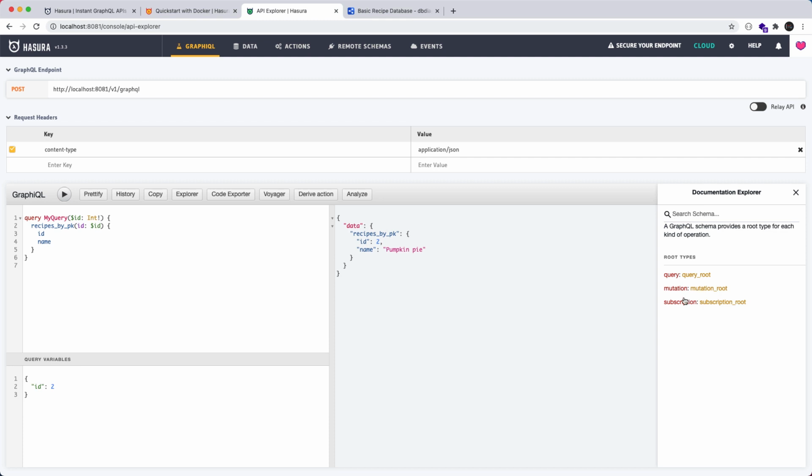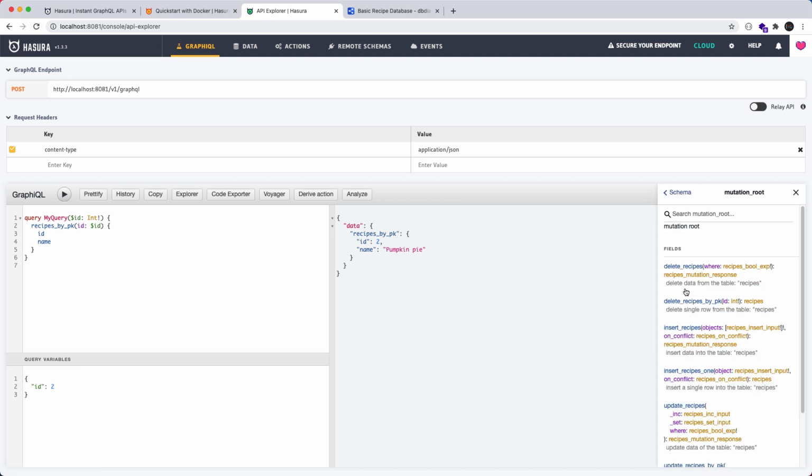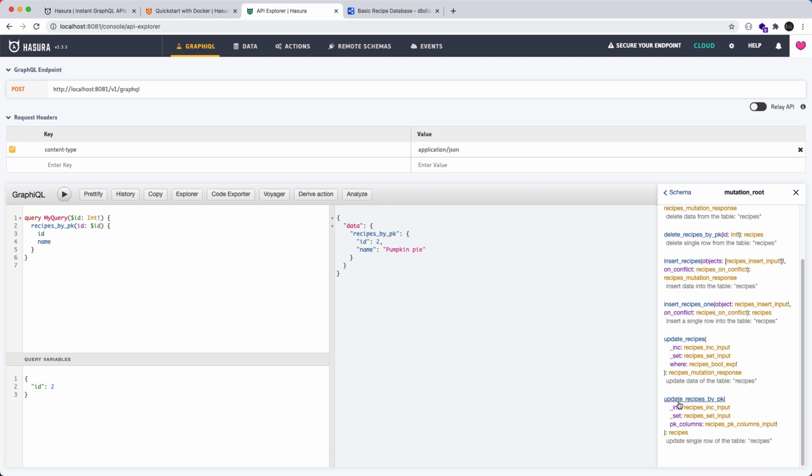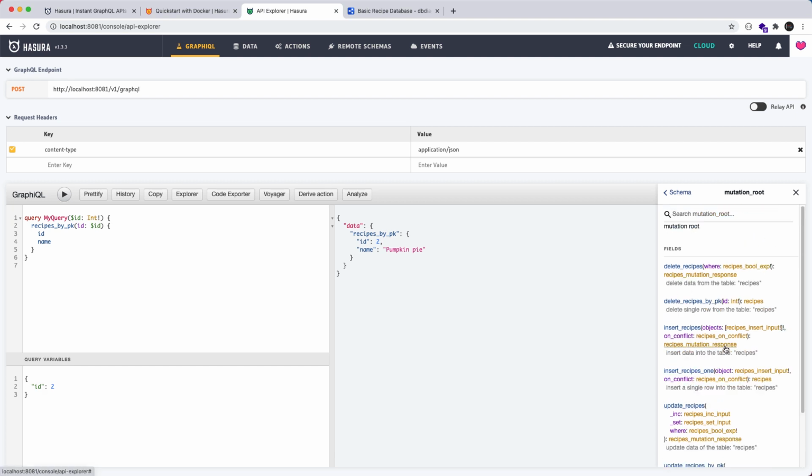We can also make mutations. So mutations includes the other sorts of operations. So we've done read so far, so we can do delete, we can insert new ones, we can update. So let's go ahead and insert a recipe. So I'll do mutation, insert recipe,